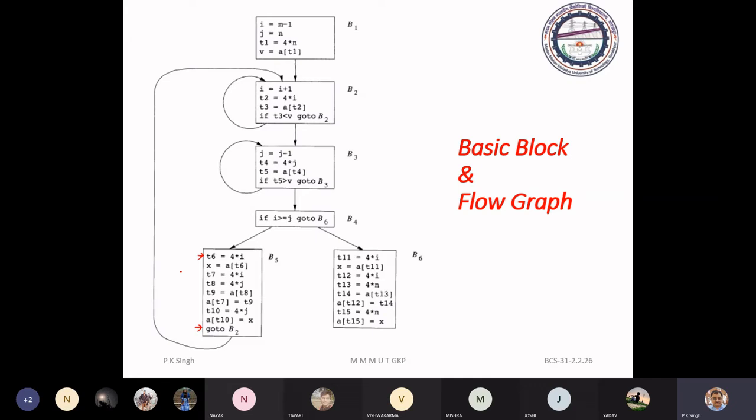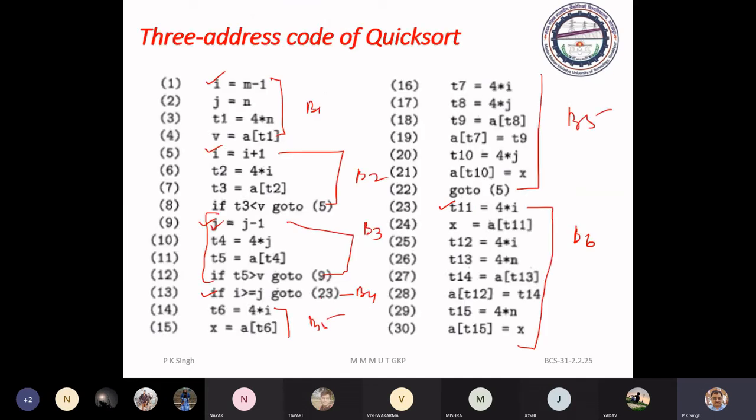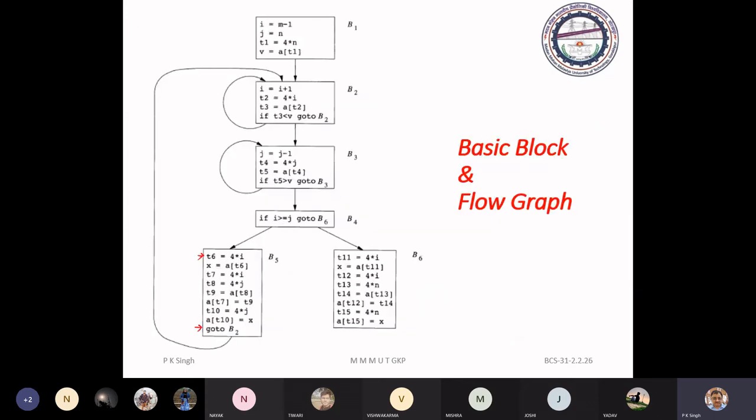B2 is the 5. And after that, from 23 to 30, we have block 6. Now we will go for the optimization.